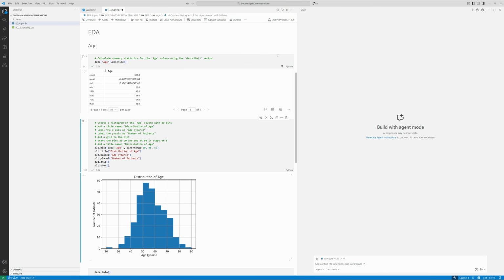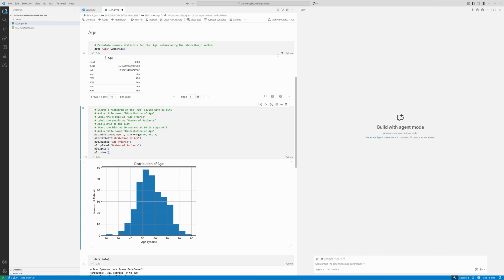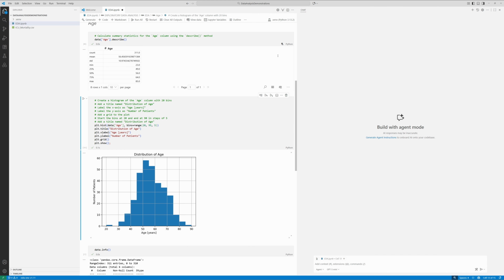So that looks great. I've got age and I've got summary statistics and a visualization of that. Now do remember, say something about it. So I'm going to put in a markdown cell and I'm going to say, type as much as you can here. I'm just going to keep it brief now. I'm just going to say the age was near normally distributed